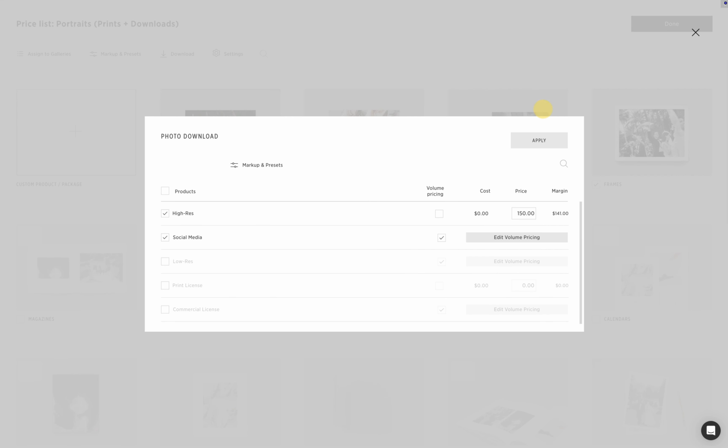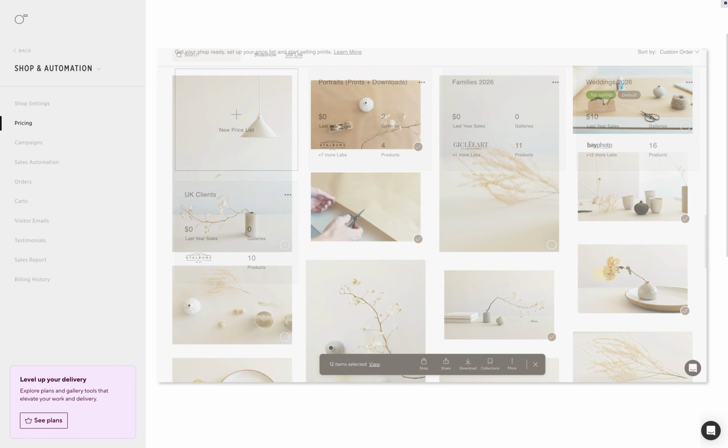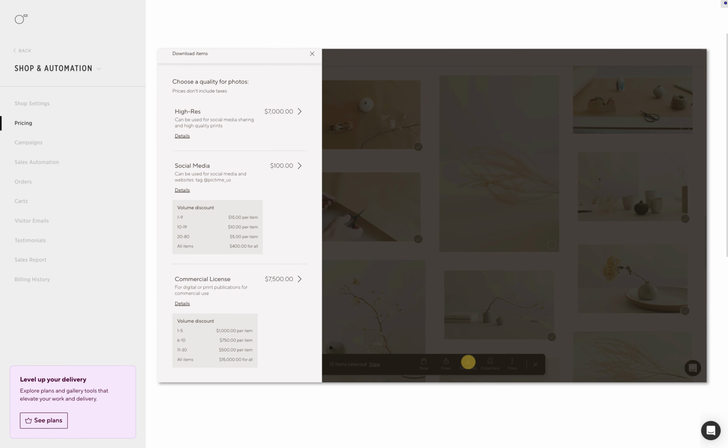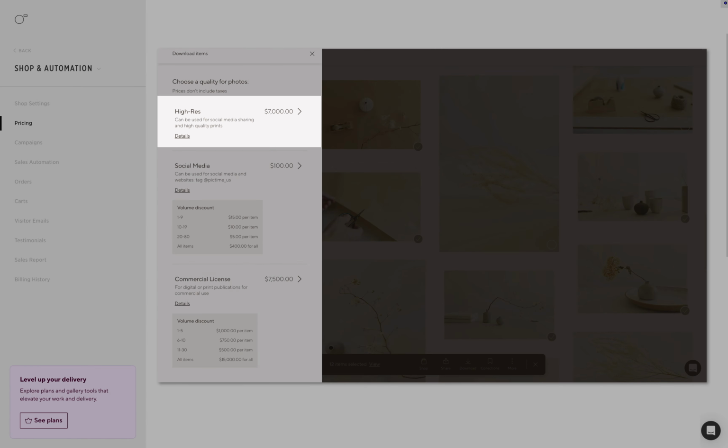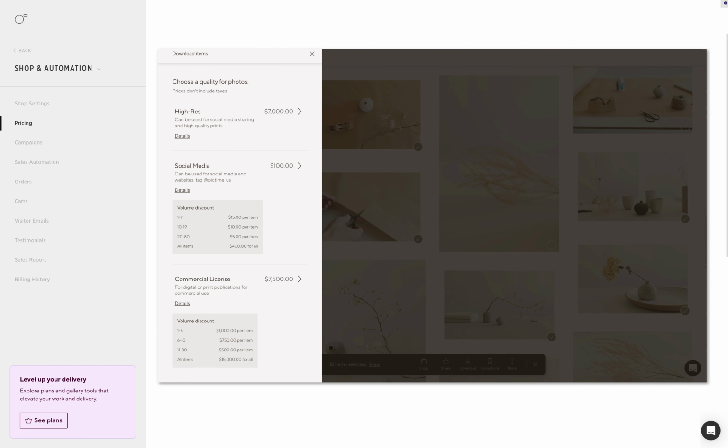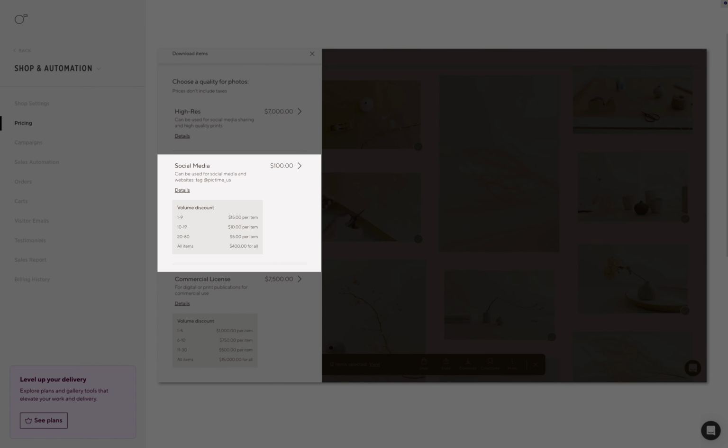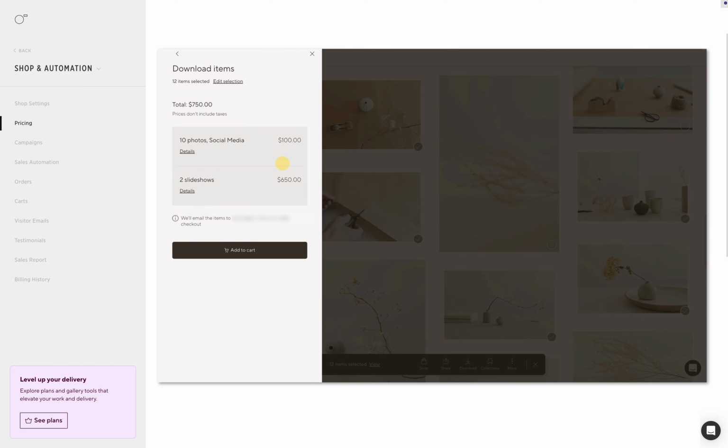Whenever you're pricing your downloads, just keep in mind their purpose and any potential lost sales. For example, I may want to price my high-resolution downloads pretty high if I'm allowing my clients to print outside of their gallery shop using that download. Or I might want to price my social media downloads more affordably so clients are encouraged to buy more and